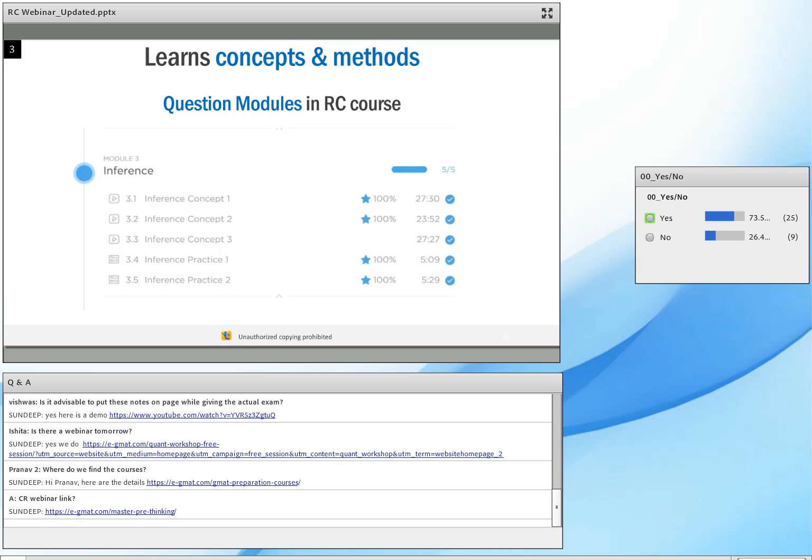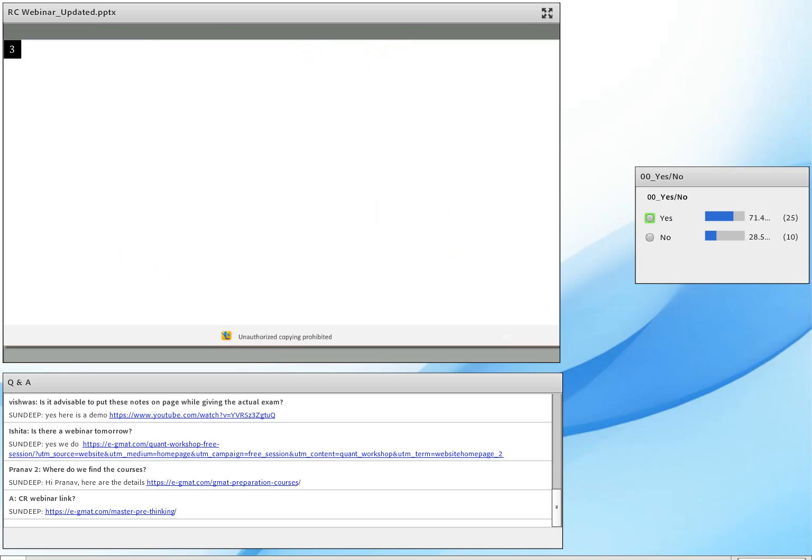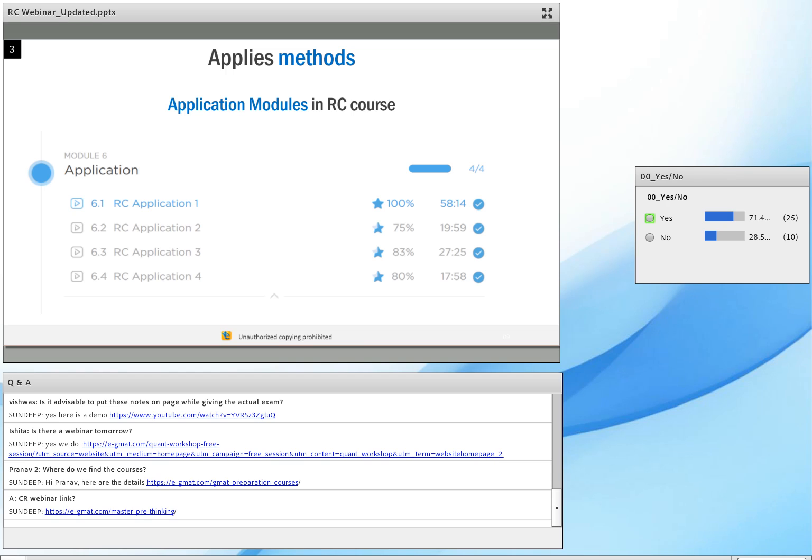So make sure you understand the concepts that are tested. Make sure you spend time on those concepts. Once you spend time on those concepts, answering RC passages would become a lot easier. I won't say it will be a cakewalk. It will become much easier. Why? Because you'll have the right tools over there. And when you go through these application files, you're going to find that your accuracy is much higher. And when you make a mistake, you understand why you made a mistake and you don't repeat that mistake.